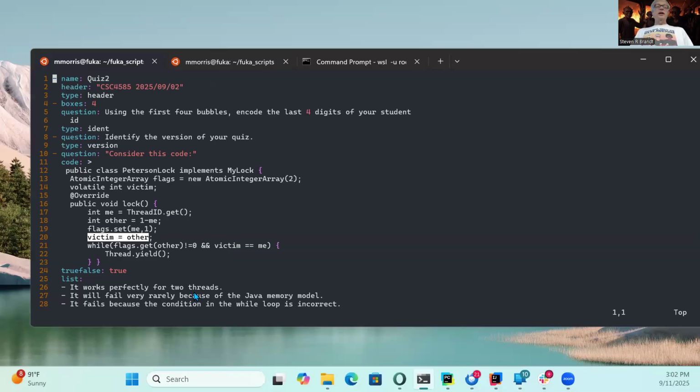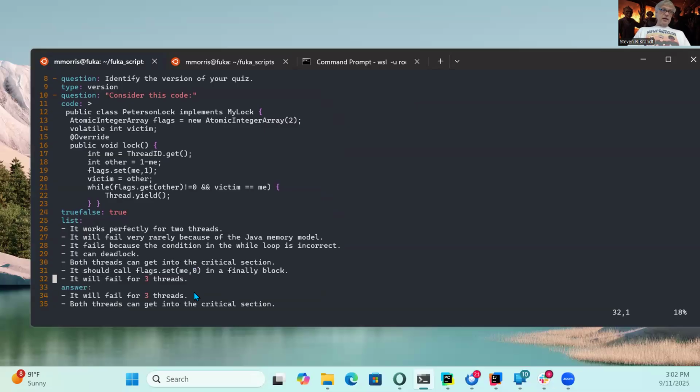Because if you just follow the logic straightforward the way I just did for each thread, you'll see that they both get through to the critical section. And therefore, this is going to fail. Both threads can get into the critical section. That's going to happen. So that's the problem with this.